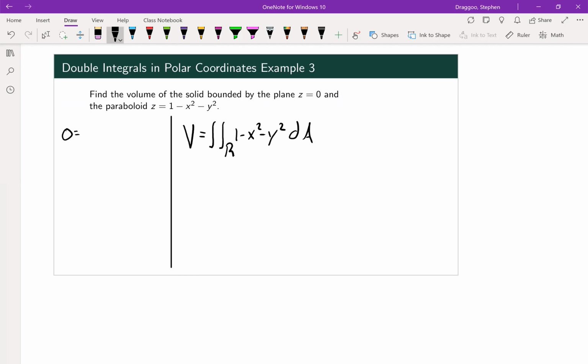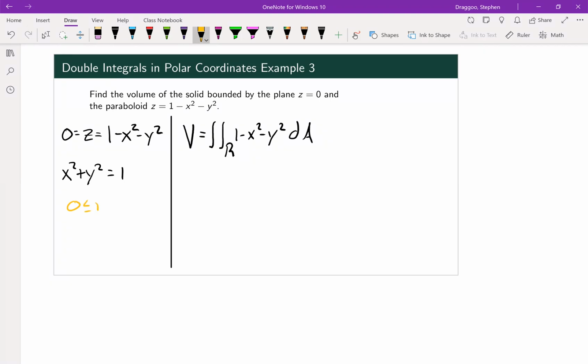So 0 equals z, and z equals 1 minus x squared minus y squared, which if we rearrange that equation, we should get x squared plus y squared equals 1. So we're looking at a circle of radius 1,